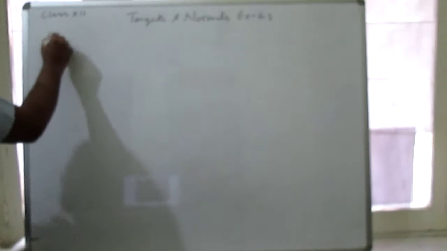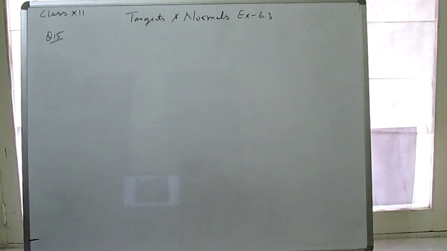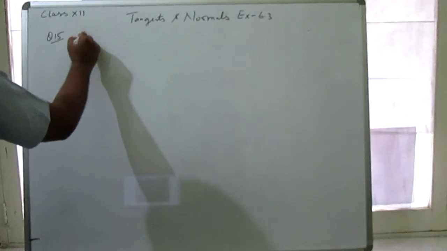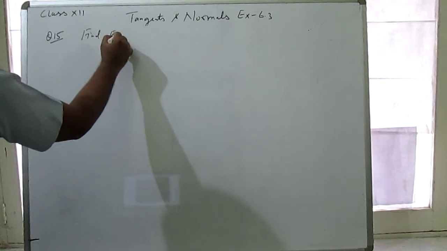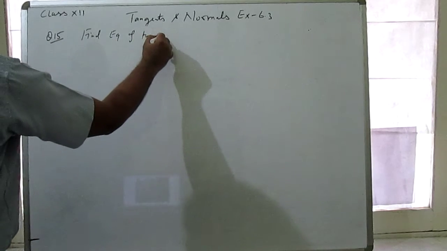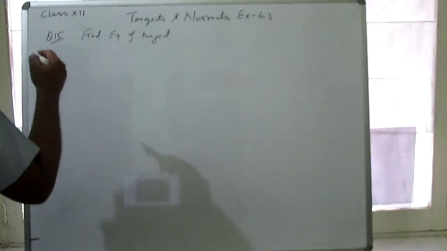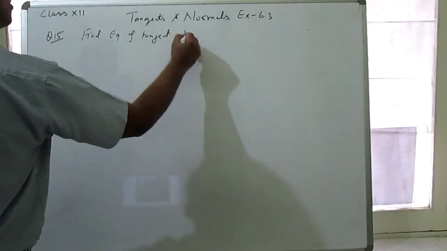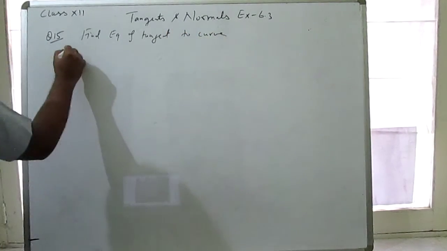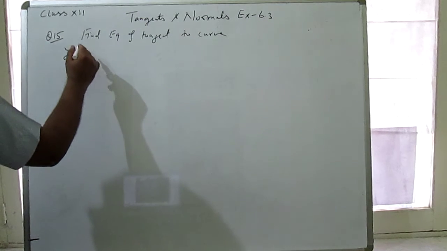Question 15. Find the equation of a tangent to a line. Find क्या करना है? Equation of tangent to the curve. कर्व दिया हुआ है, the curve y is equal to x square